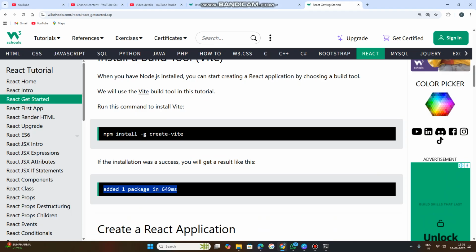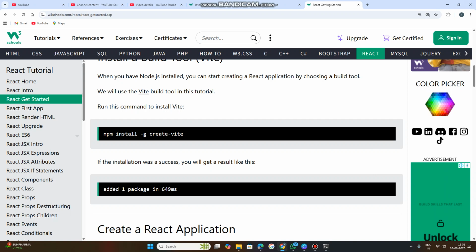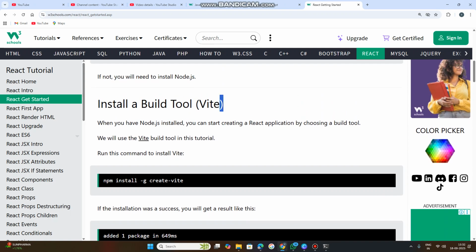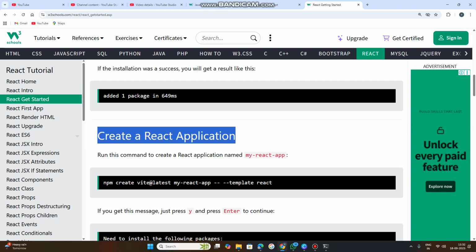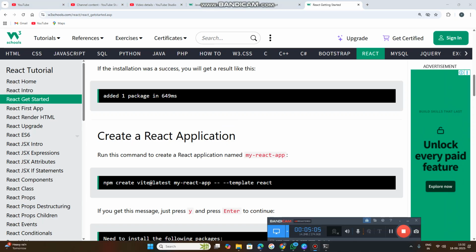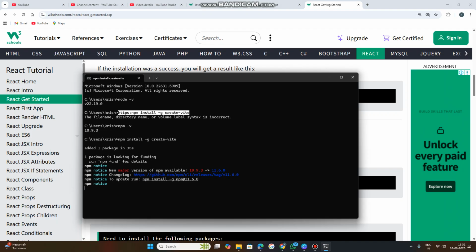So once this package is added, now let us start to create a React application. So now, see, added one package in 35 seconds. One package is looking for funding, run npm fund for details. Okay, so now what happened, your one package for the Vite tool is added. So now the next step is to create a React application. So in the next class